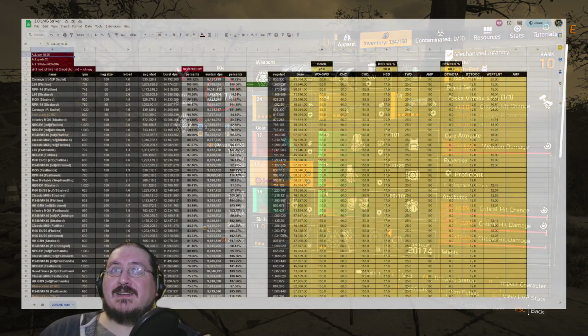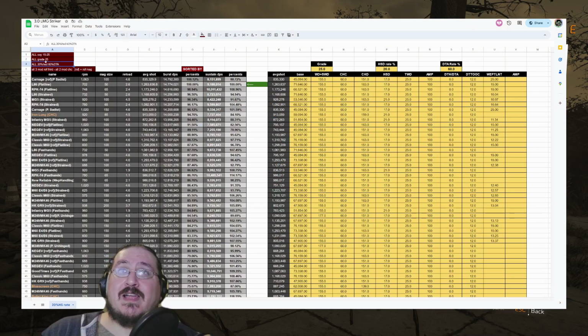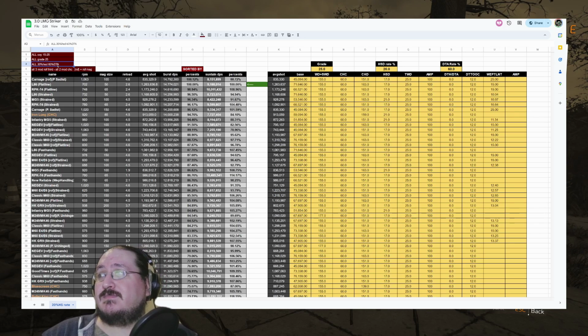If we go back to our spreadsheet again, as well, everything is grade 25, as we have it here. We're choosing to have the numbers for 60% DTA, although we have no weapon that has DTA active here, so it is meaningless in this case. But we are taking 20% headshot, and I'm taking 20% headshot as I think that is a good approximation of average play. In some cases you can do more, in some cases you can't even do 20%. So it's very dependent on what you're doing, and I think taking 20% as an average,